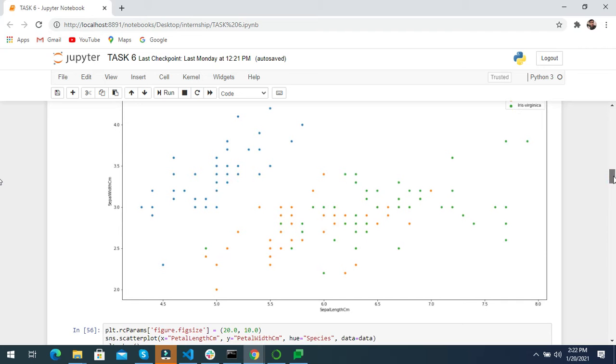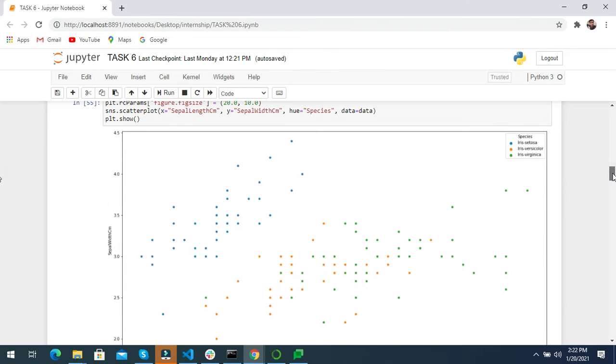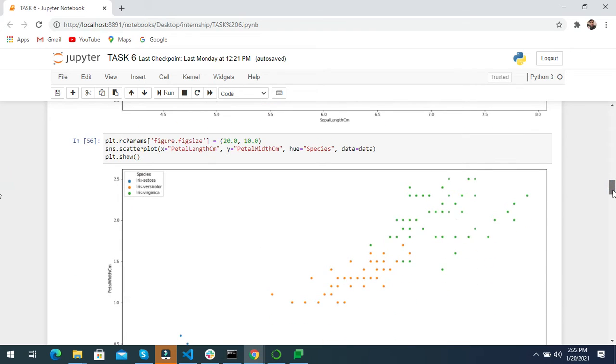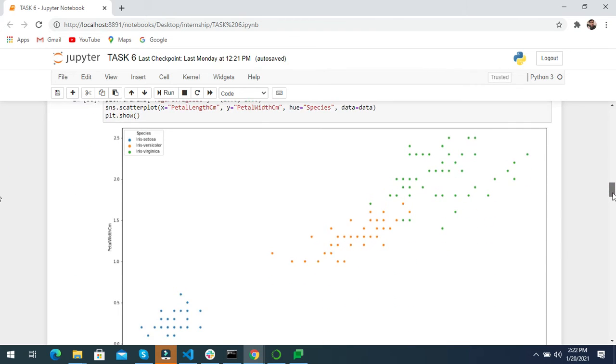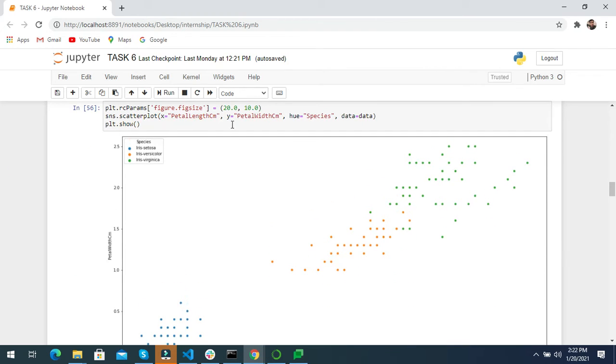You see that this is the Iris setosa class, this is the Iris versicolor, and in green this is the Iris virginica class. We also plot a scatter plot between petal length centimeter and petal width centimeter.